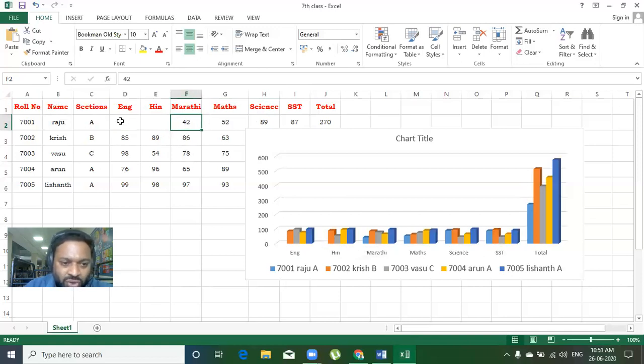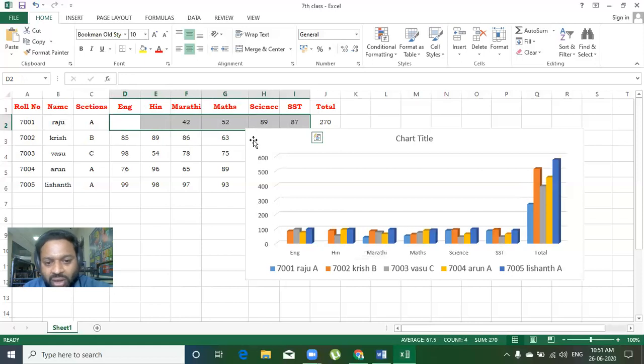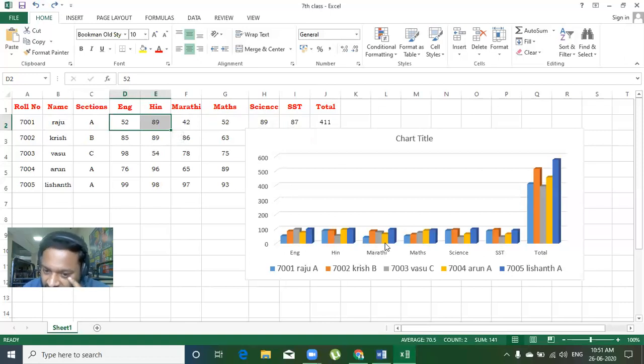If I delete all the subjects' data series of Raju completely, then I cannot see the Raju data series here. So to go backward, you can press Ctrl Z. Now the Raju data series has come back.